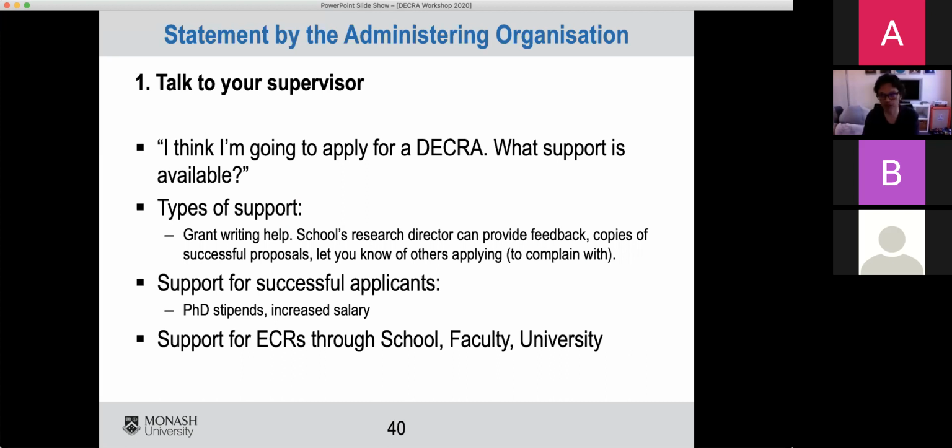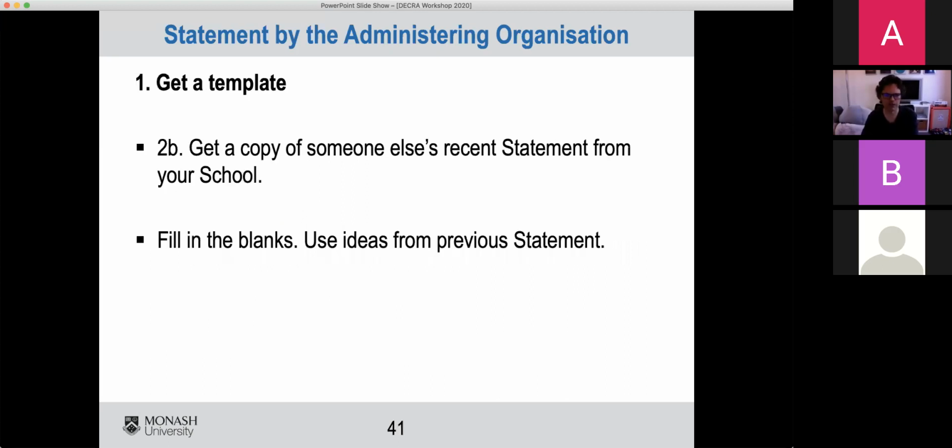Your research director and head of school will need to approve it. I then need to approve all of the ones that come through the Faculty of Science, and then Rebecca needs to approve all of the ones that come through the university. So that all takes time. And there's typically a little bit of iteration. So I think I'll talk about that next, yeah.